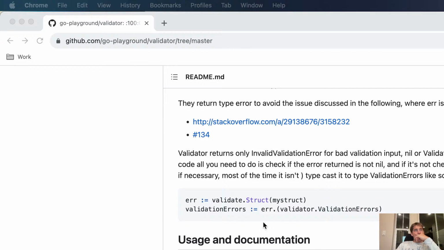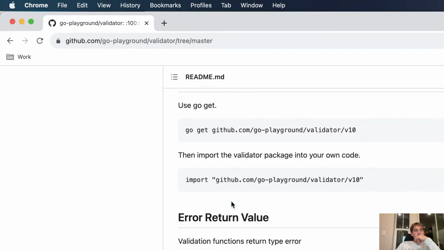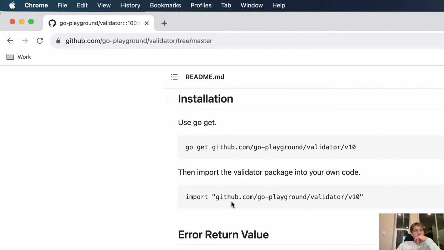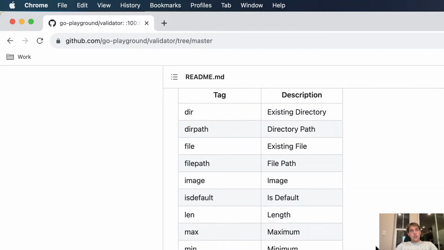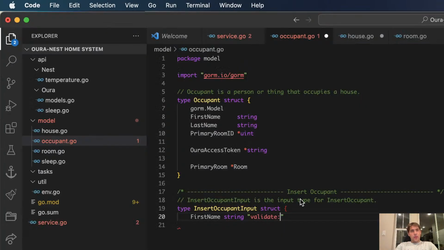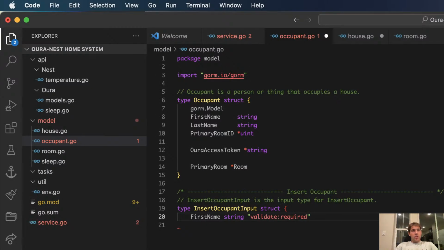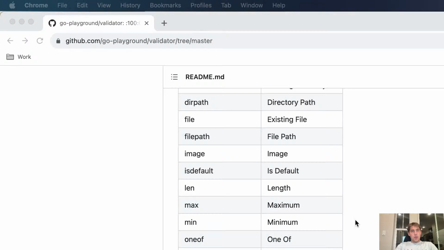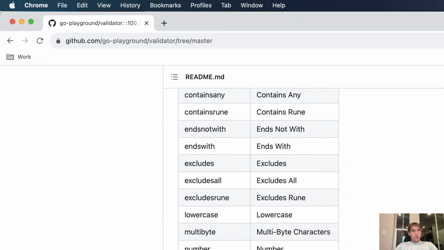It's fine. Validate. Where do you get validate? Is that just the package name? Doesn't seem right. Let's create the struct first. Let's see, required. All right, let's just call it required. Description tag. Okay, that's the tag. All right, I see. Okay, required. Last name should also be required. And then I also want this to be, okay, that's right.